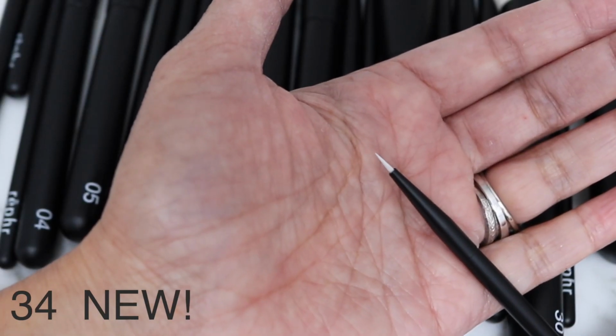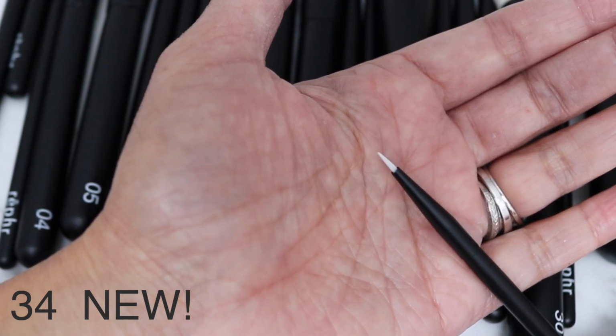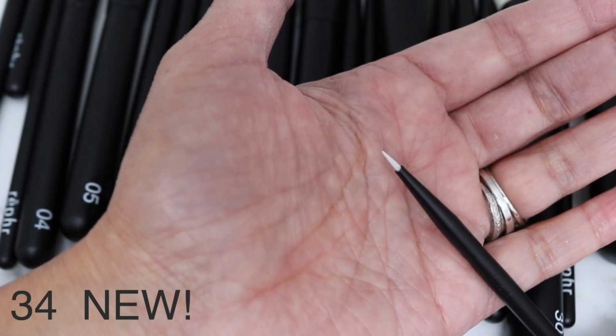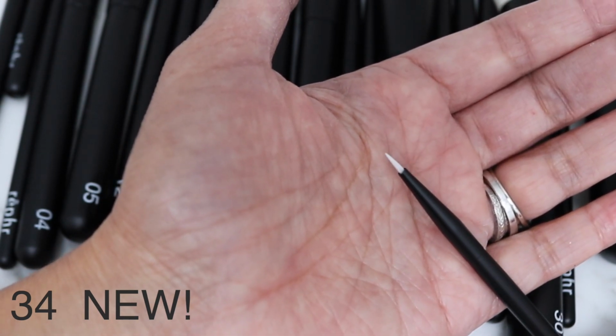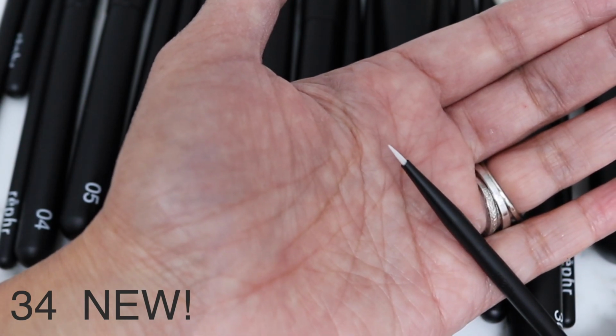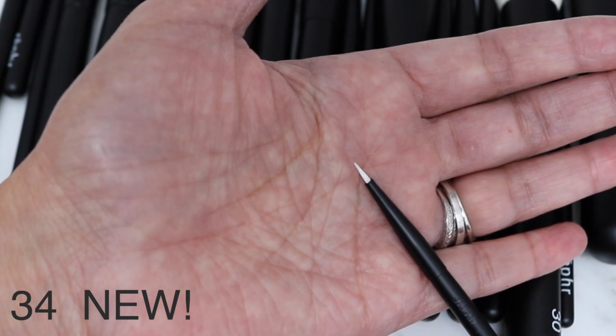Number 34, an undertaking to create the smallest possible liner brush that maintains the stiffness required to do precision work. This liner brush is the finest version they've ever created and will give you complete control over the finer details of your look. And I have not seen a brush quite like this one on the market, so excited to